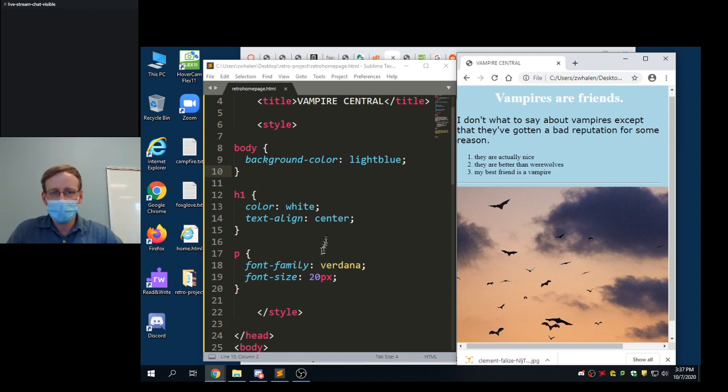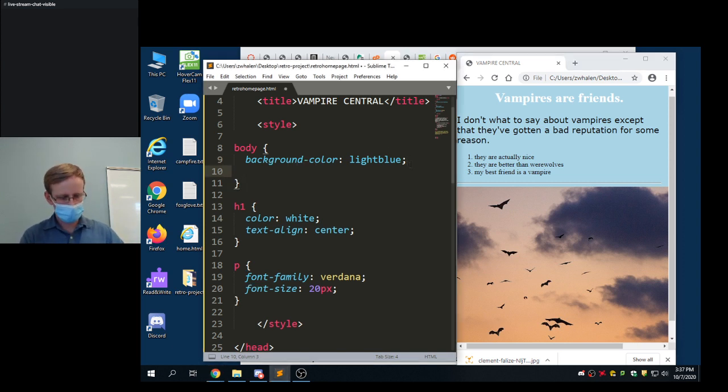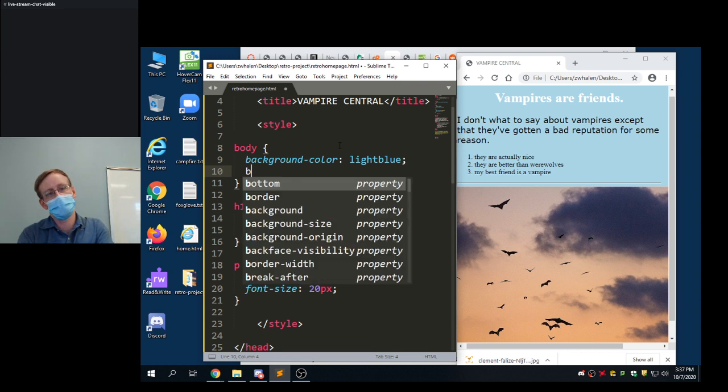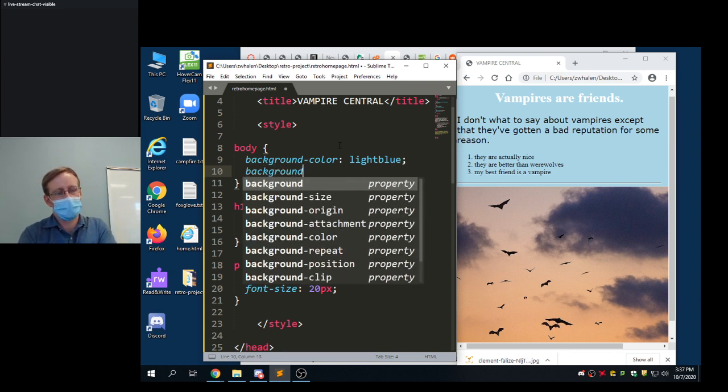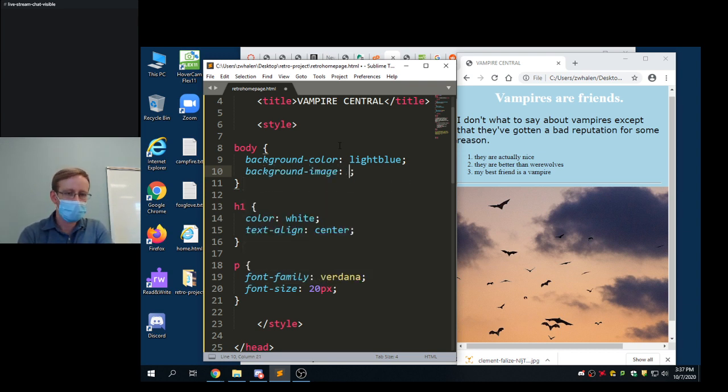That's fine. Let me show you how to get a background image on there. So you see how the body, this thing on line 8, is applying some styles that impact the body tag itself. So that's all of the visible content. And right now this is setting the background color to be a light blue, which is fine. But instead of that color, I want to make it an image. So I'm going to add this here, background image, and then I'm going to give it the URL of,